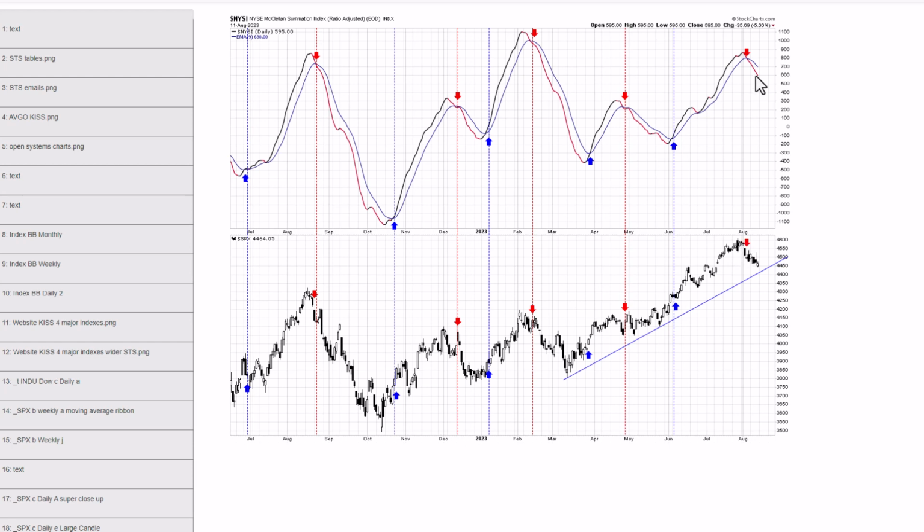The NASI gave a sell signal in early August, which was a good exit signal. That buy signal in early June was also great. Next,